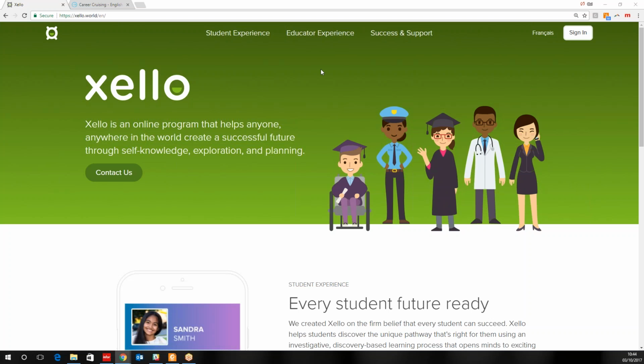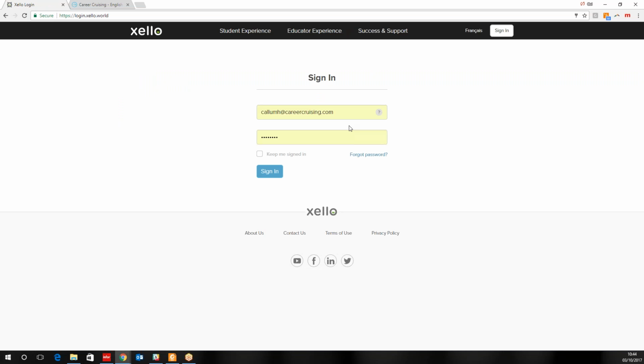And so this is Xello, and it's the same login page for everybody. The website is xello.world. And with a simple click, I'm going straight in. I'm going to start with the educators side. Okay. And so this is a space for you